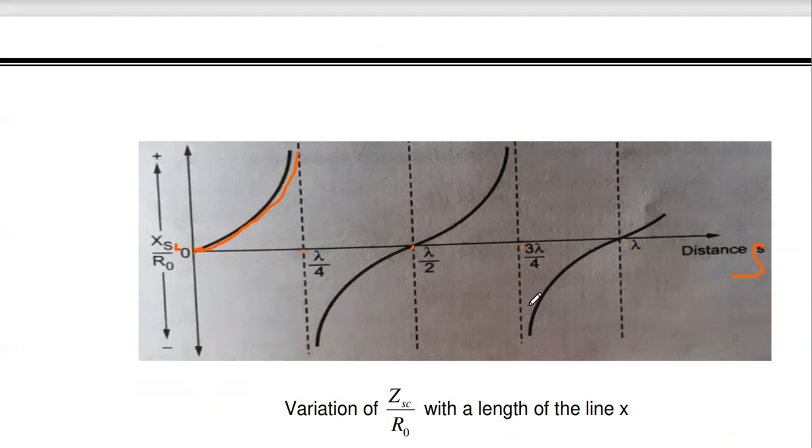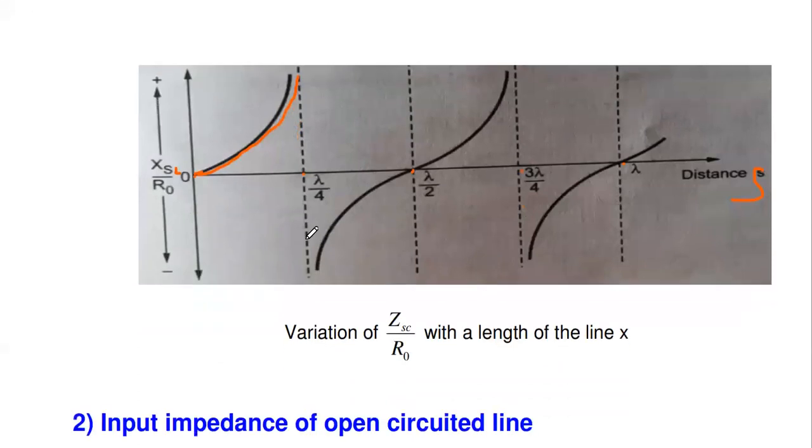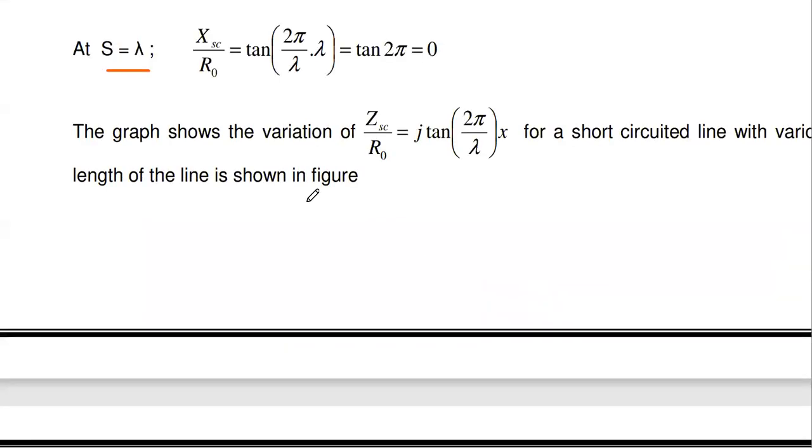Okay. So you see the reactance curve. From this reactance curve, we can say that the shape is repeated after a lambda by 2 period. So here you see up to this is one cycle, from 0 to lambda by 2, this is one cycle. It's increasing, again it reaches 0. After that, again and again, the same thing is repeating. So this is the variation of the short-circuited reactance with the distance S.